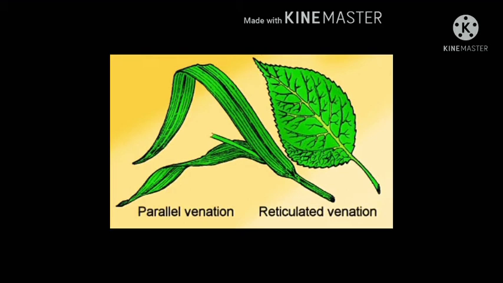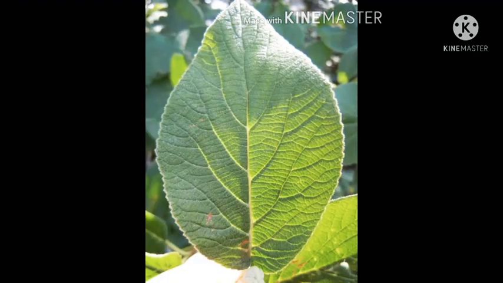A leaf is said to have reticulate venation when the veins spread out in all directions, like a network. Everywhere you will find the veins. And in leaves like the banana leaf we have shown you, the veins run parallel to each other. Like banana, we have this kind of venation in rice, bamboo and grass also. And reticulate venation you can see in the leaves of banyan tree, China rose, mango and guava.